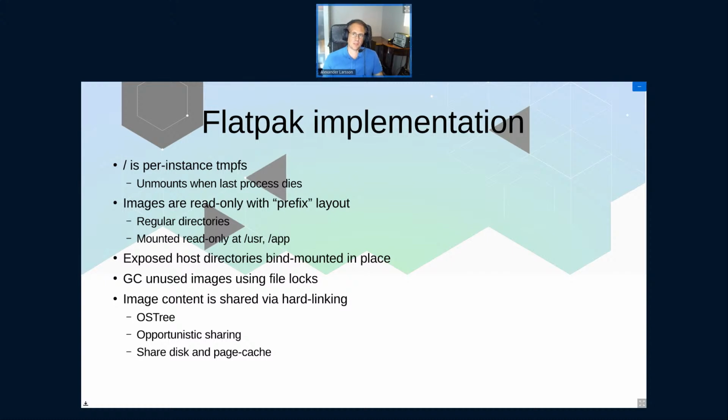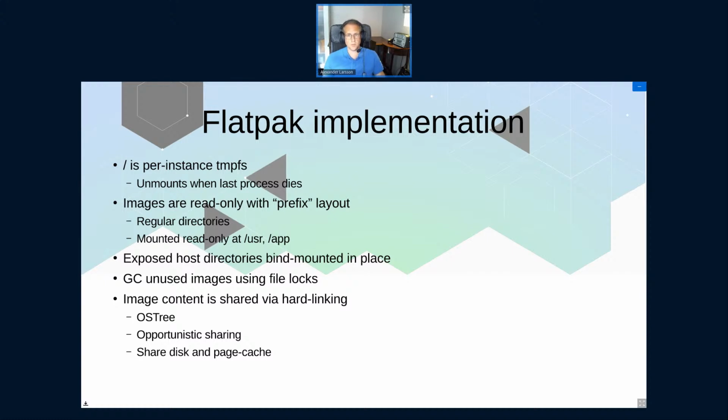instead of having it set up from the outside, the actual setup happens inside the container. So the root directory is a tmpfs that is mounted inside the container, so it's the only visible mount of it, and the kernel will basically reap it when the container exits. And then we bind mount stuff onto this, like app and usr are just bind mounts of regular directories, and for the other host directories we create the right prefixes in the tmpfs, and then we bind mount things into place. And all of this will just get torn down automatically by the kernel when it exits.